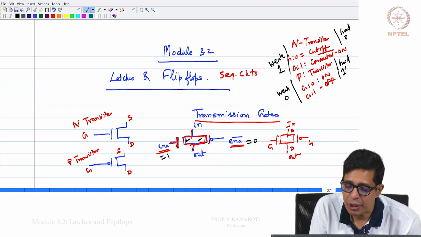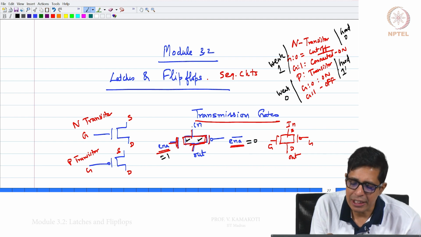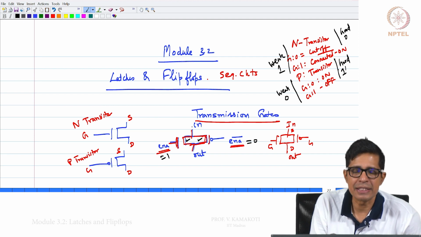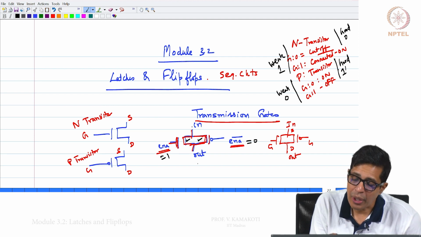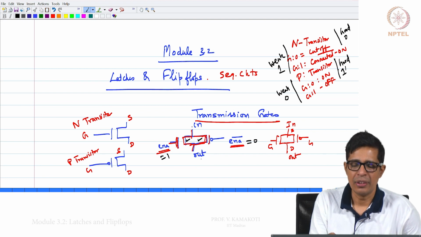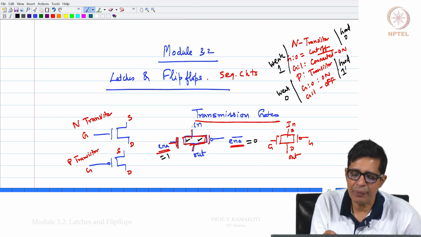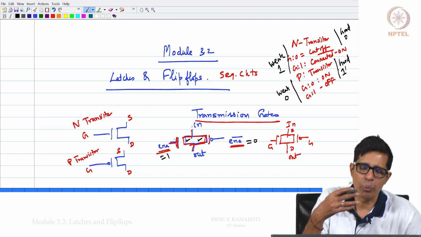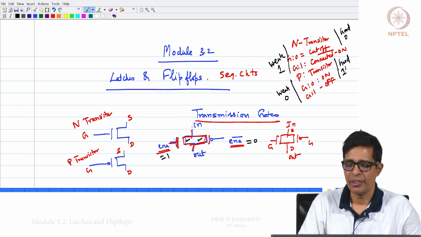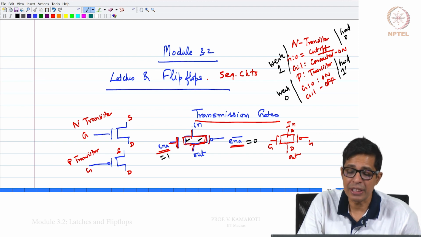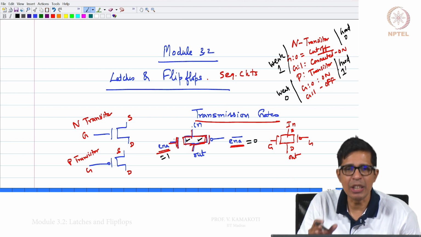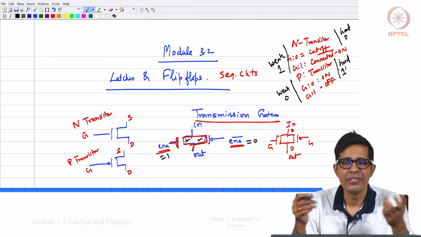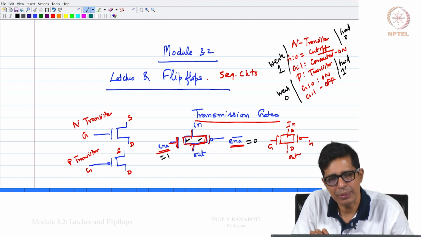So, I get a good 0 as output. Similarly, when in is 1, the P transistor makes it a good 1, N makes it a weak 1, and good plus weak is again good. So, I get a strong 1. So, when the enable is 1, this transmission gate takes a 0 and produces a strong 0, and takes a 1 and produces a strong 1. This is how the transmission gate works, and importantly, when the enable is 0, the in and out are electrically disconnected. That is the most important aspect of the transmission gate.